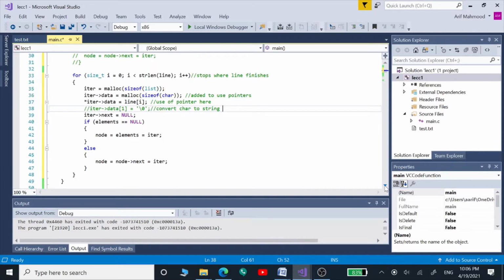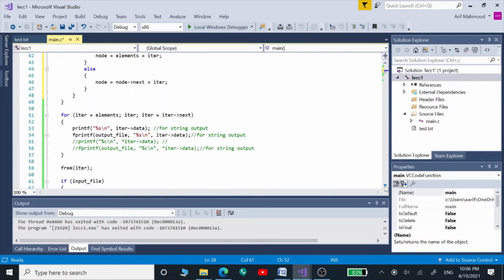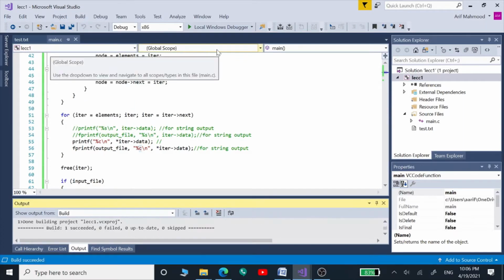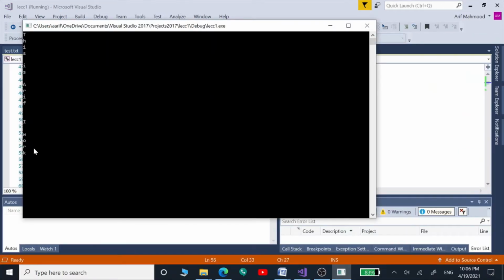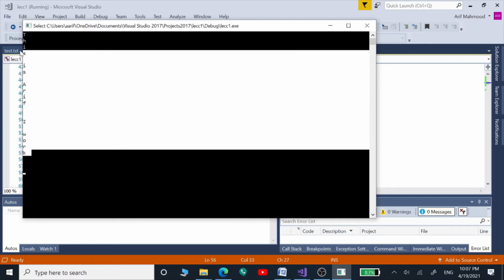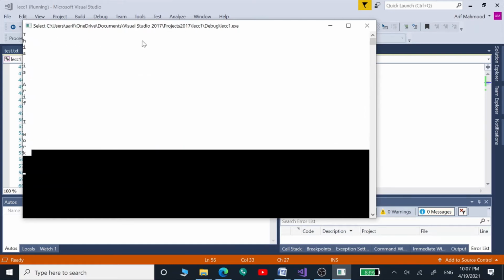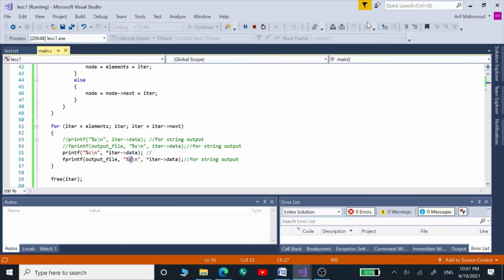And after that, since we are going to store the characters inside our same list, we are going to skip these lines. We are going to use the same printf and fprintf function, but this time we are going to use %c for characters. Now we can see those characters on our output. Our list has those characters. So we can see those individual letters and spaces on the output. So these are right now the characters.